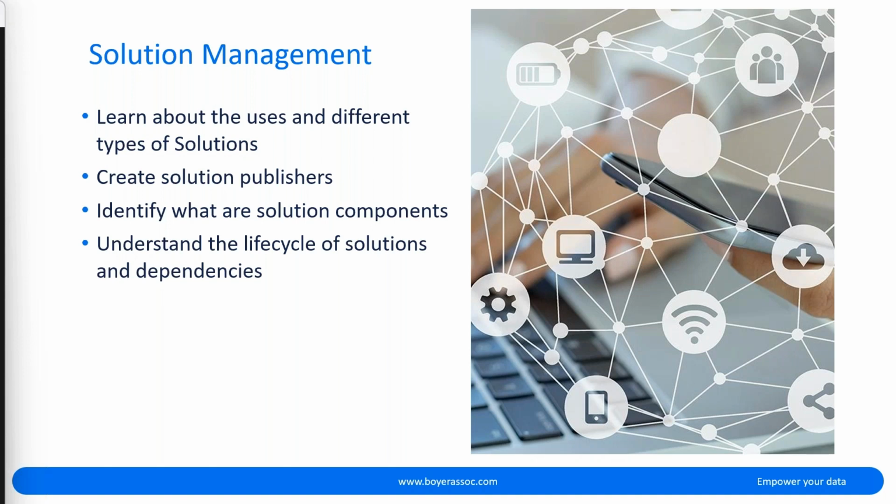First we'll cover what solution management really means, what Microsoft calls solutions, what is a publisher, how to identify what components or things you can fit into a solution, and then understand how you can make your lives easier when you are managing solutions and going from one environment to another, where you want to be able to put all your information and hard work that you've been developing for a long time into the hands of the users.